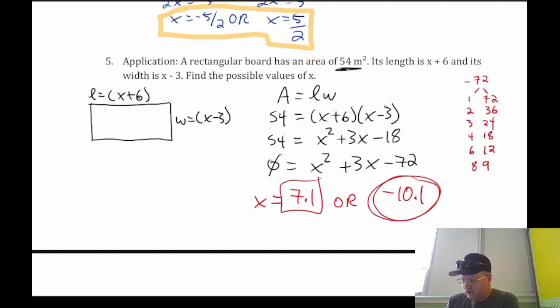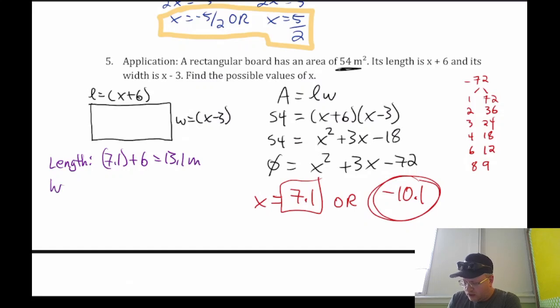However, let's see with the 7. If I plug in my 7, 7 plus 6 is about 13. 7 minus 3 is about 4, so that's going to be the appropriate number here. So our x value has to be 7.1, and the question didn't ask this, but often we'll have similar questions that do ask you to give the actual length or give the actual width. So let's see, our length is x plus 6, and we said x is 7.1, so 7.1 plus 6, 13.1